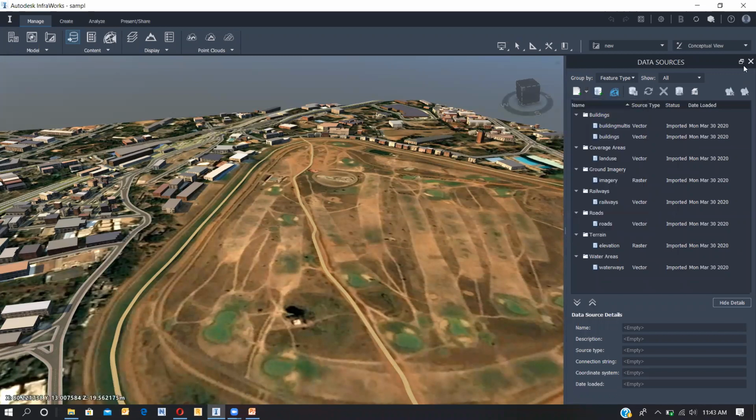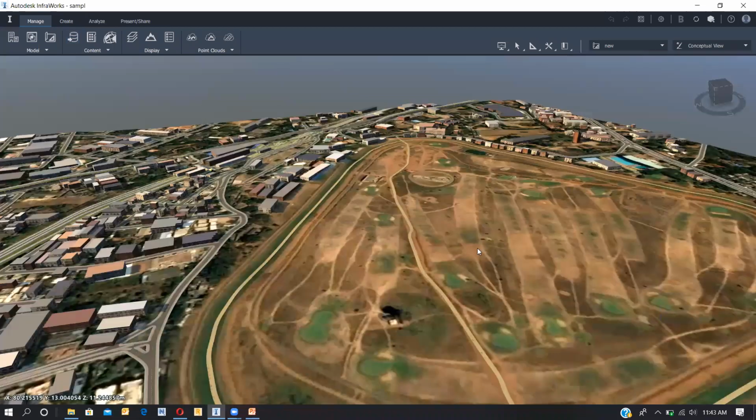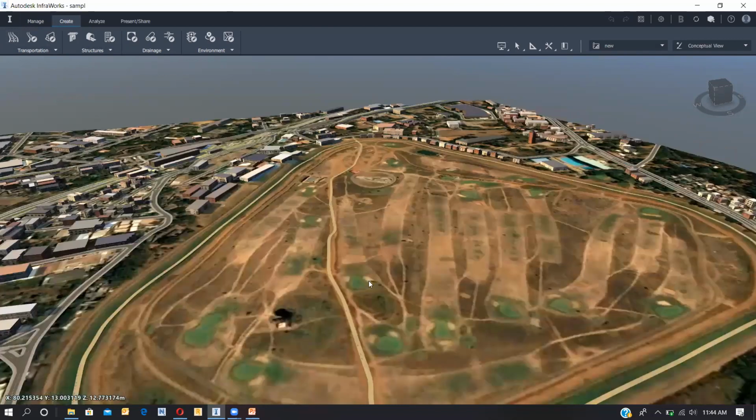Now I'm not going to import anything. I'm just going to do a short demo of how to create roads, how to make bridges, and how to bring the data into it. We will see how these things work in InfraWorks. Here we have a panel called create. I'm using InfraWorks 2020. If you are using 2019 or 2018, your interface will be different. This is the 2020 new interface. This is the empty place where you're going to make things.